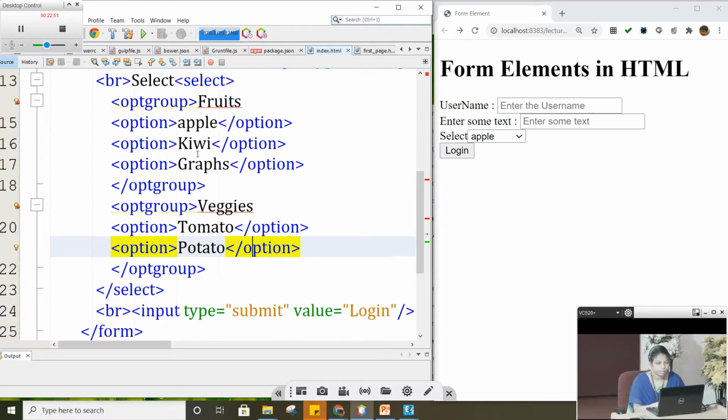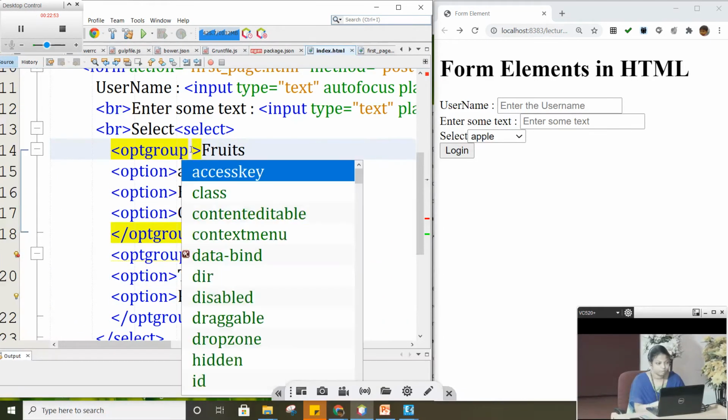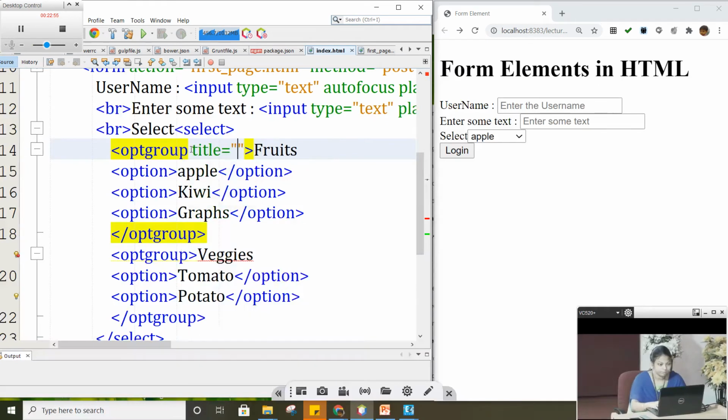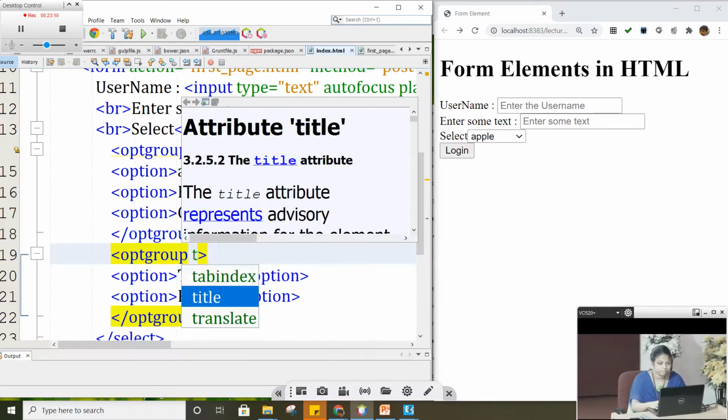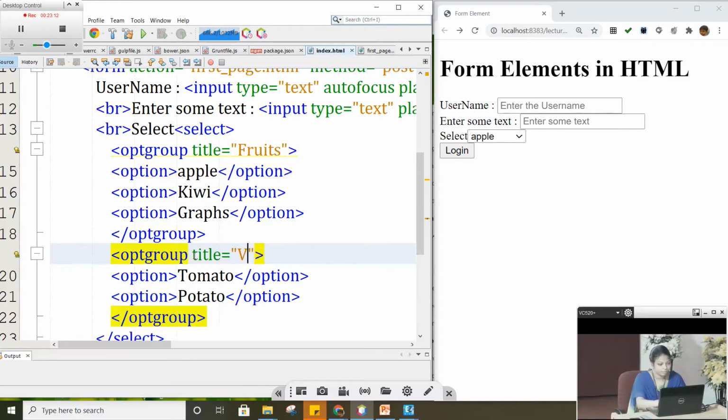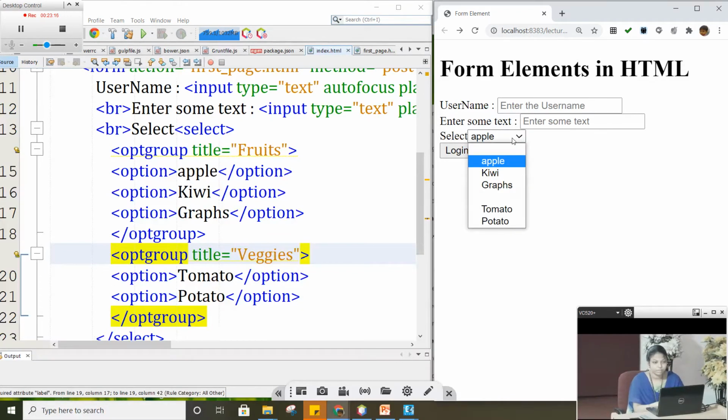And then I have to give the title as fruits. Here we have to give a title, and here also we have to say option group and the title as veggies. So now you can see here, again it is not coming.